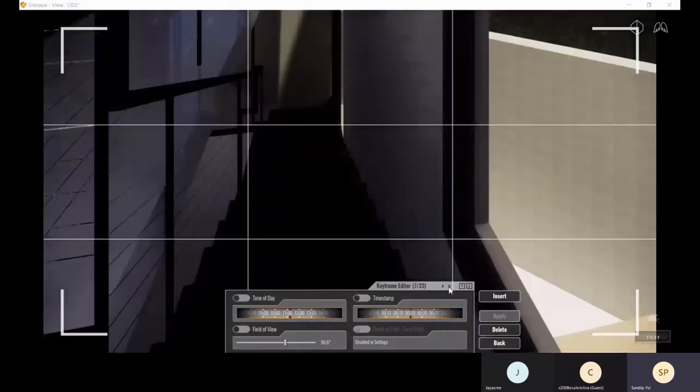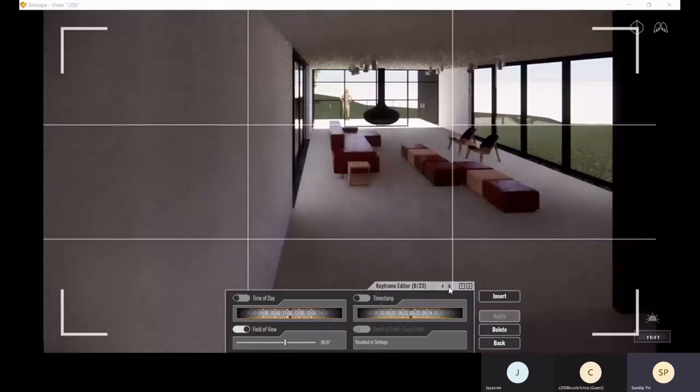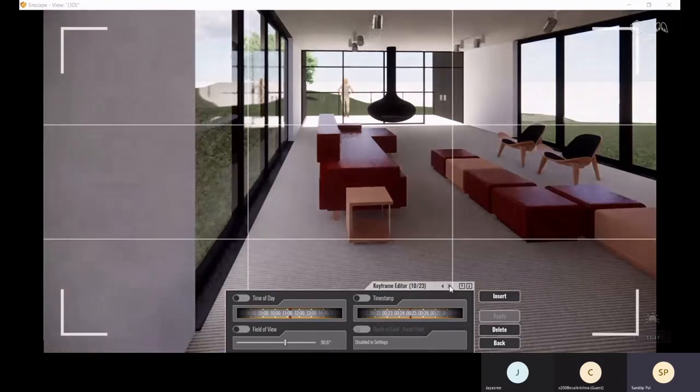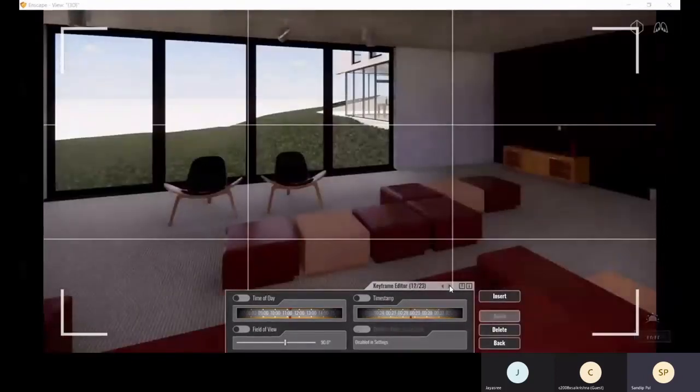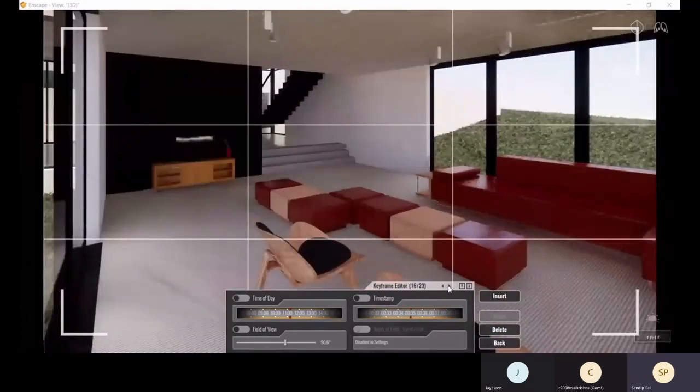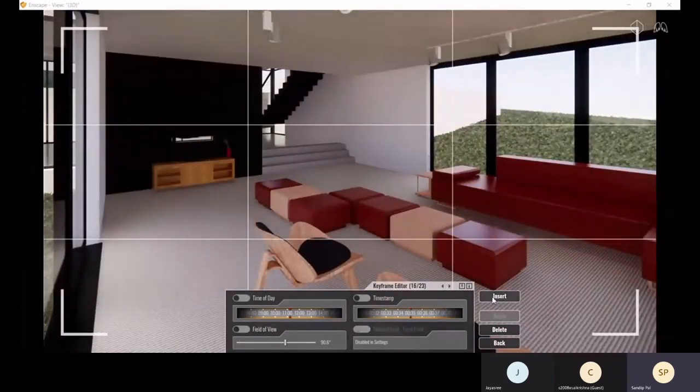Okay, and not only by moving around, but not changing your position, with this keyframe editor you can change the keyframe by switching with this arrow. You can go to that keyframe, and there you can change all these settings. If you want to place any other camera, go to that place and click on this insert, and you can insert it.